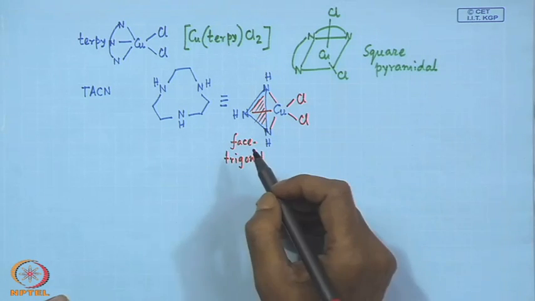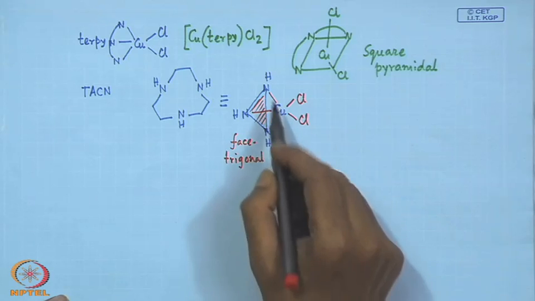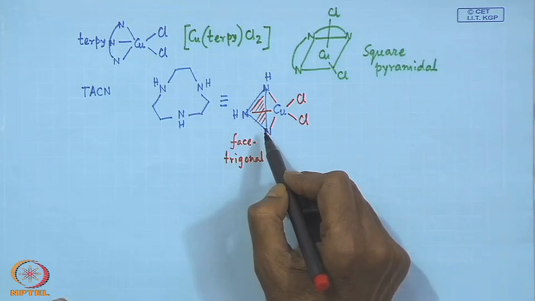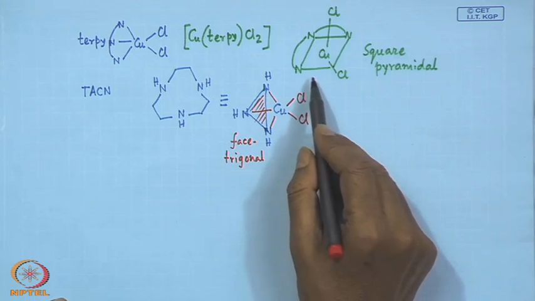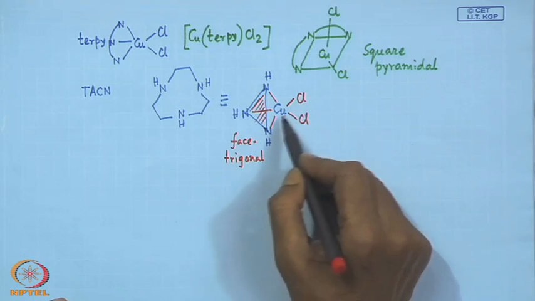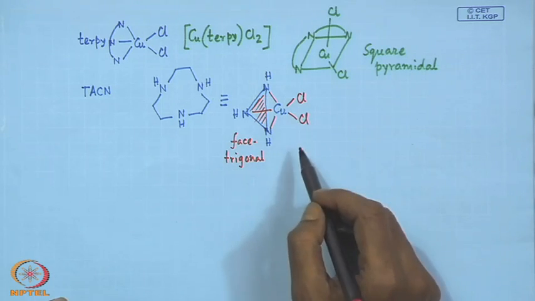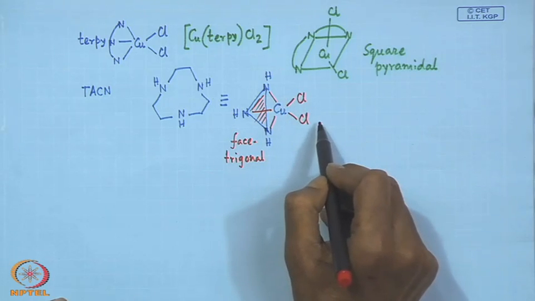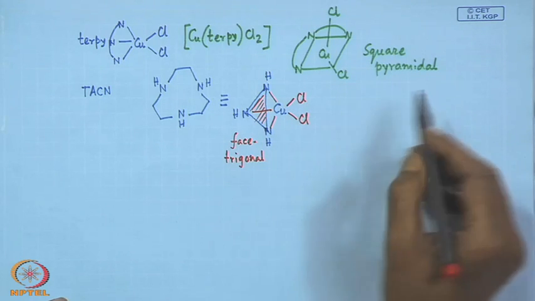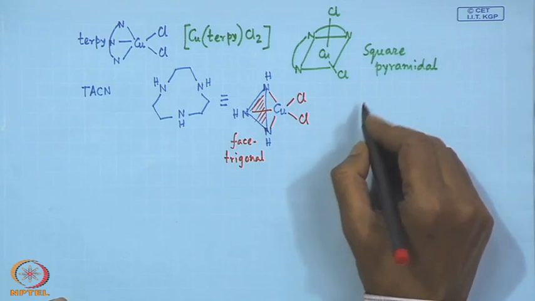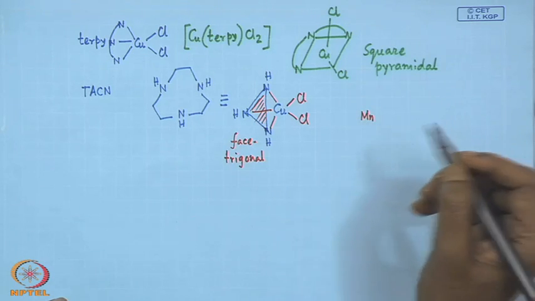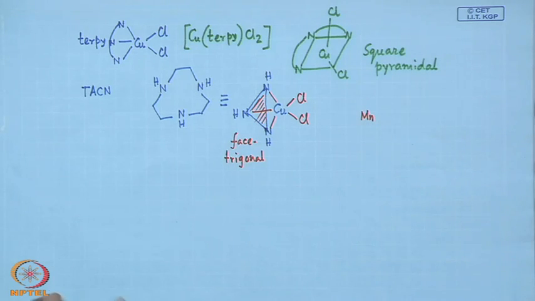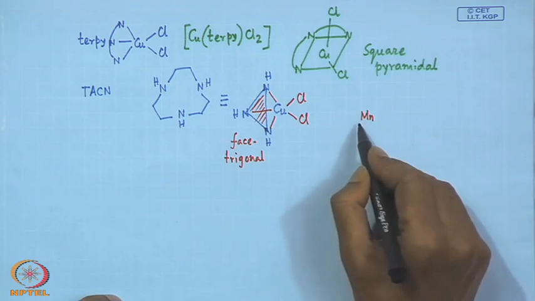So, one particular phase is the trigonal phase of the copper center, and 2 other positions are free. So, all the reactivity pattern for the DNA hydrolysis or any other thing can be achieved from the other side. Similarly, if a compound like manganese or anything which basically supports the octahedral geometry,